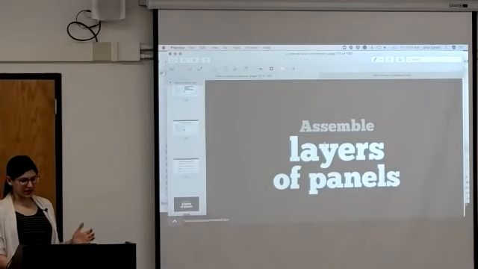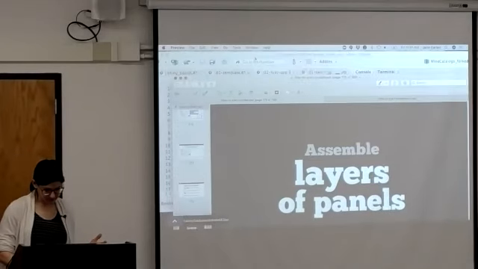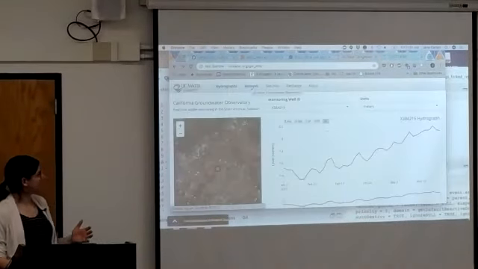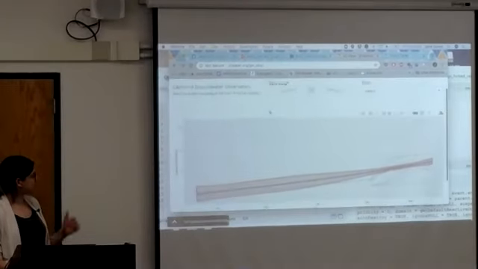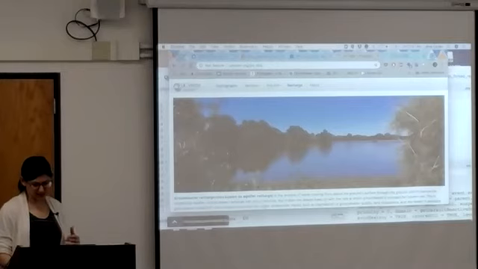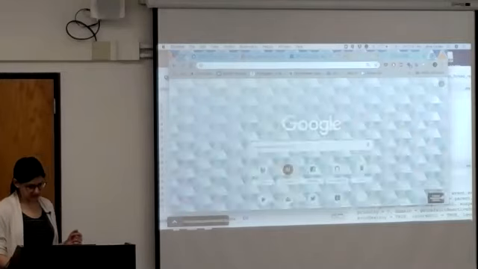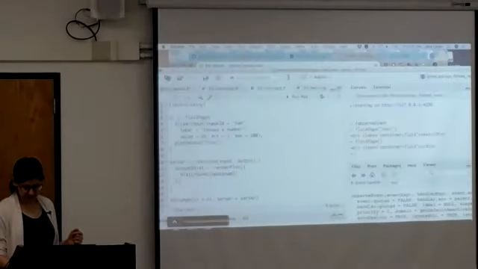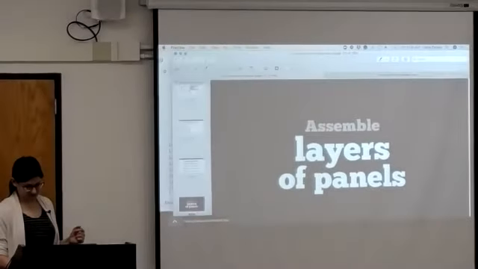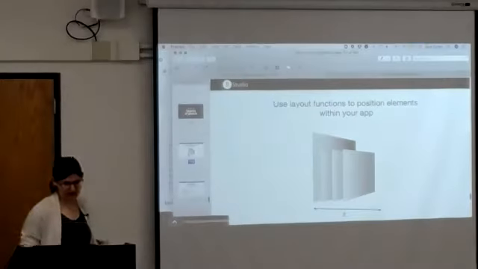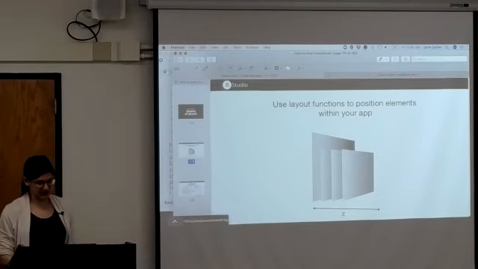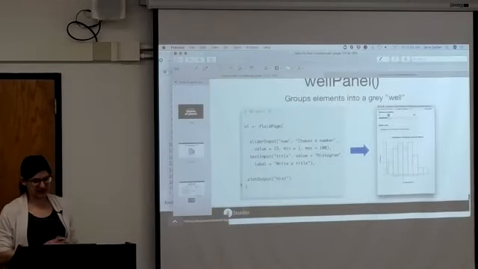All right, so in that water example, actually a couple of the examples that we saw, you can see we have different tabs on the page, which makes it look more like a website. In that water app example, we had this main page with different headers and the tabs on it. So building up to that,